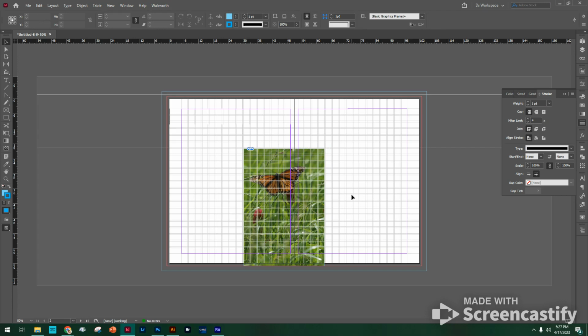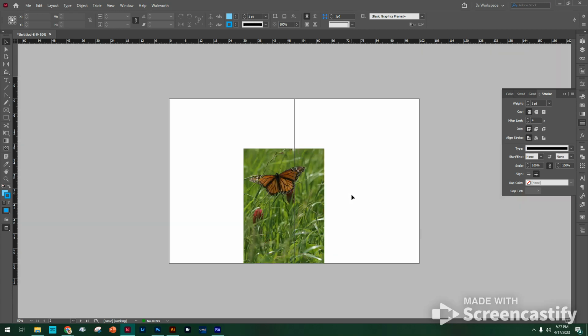And here's one that everybody really likes to see. If you hit W on your keyboard, it makes all of these grids go away. And that so far is what our layout looks like. And I will come back